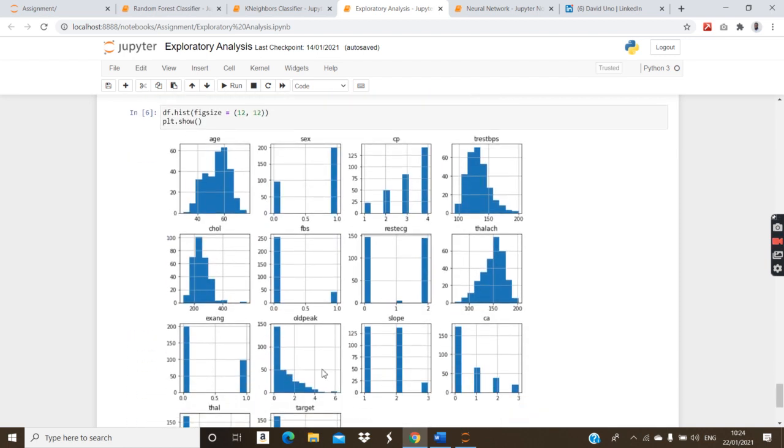So here we do a histogram plot to show, and from here we can see that the age is normally distributed. The rest ECG is skewed to the left, the maximum heart rate achieved is